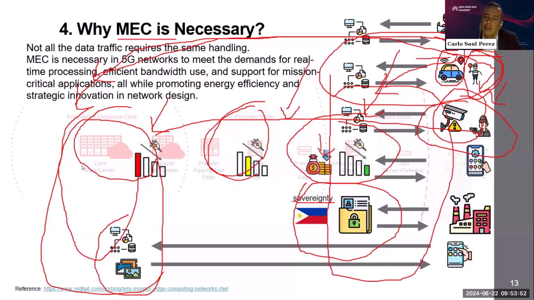And one that is not critical, because it's not an emergency like the car, is, for example, games. For games, and for sure you are expert on this kind of games, you need very low latency to push the button and kill the bad guy in the game. So this kind of gaming application also needs to process the information in the MEC, very close to the end user.